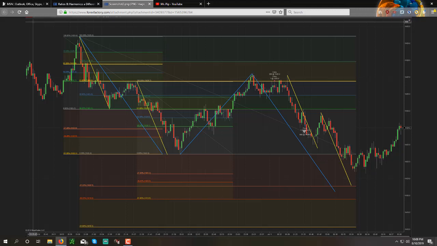So if you expect at the very least a deep correction, isn't this a safe entry? Okay, especially when you have all these harmonic situations completing. What harmonic situations, you may ask? Very simple. You had an ABCD completion whose long entry was somewhere in this area, whose profit target is in this area. You also have a longer term bearish order flow which may resume here. Okay, now you can enter short here.